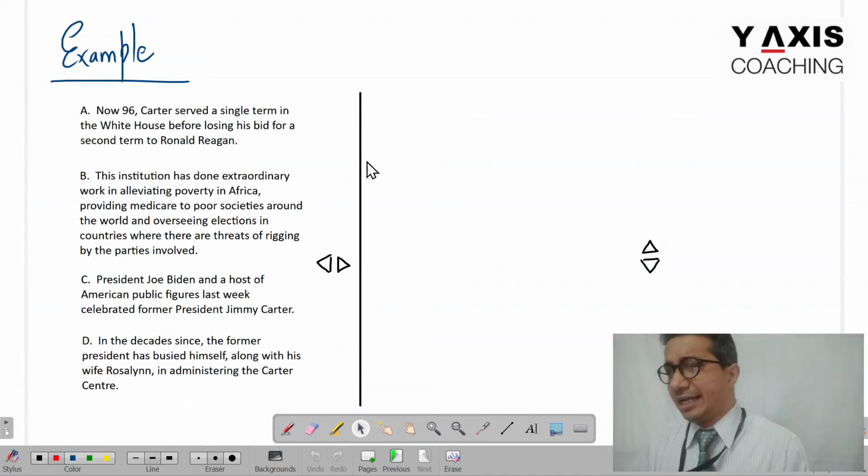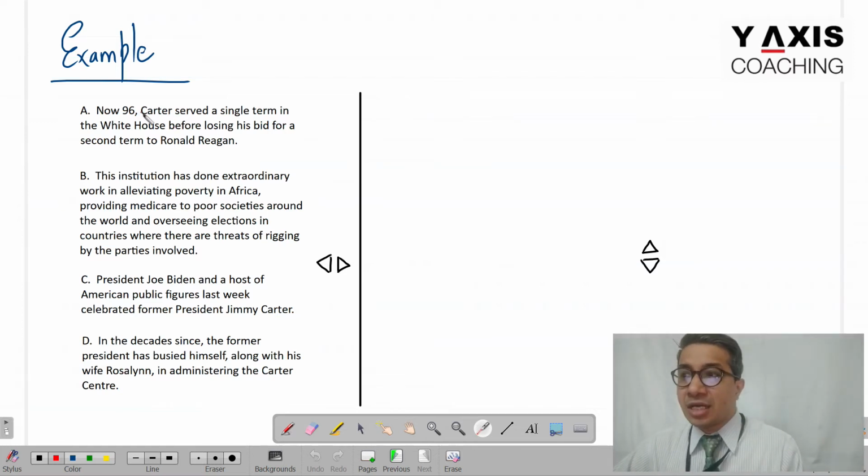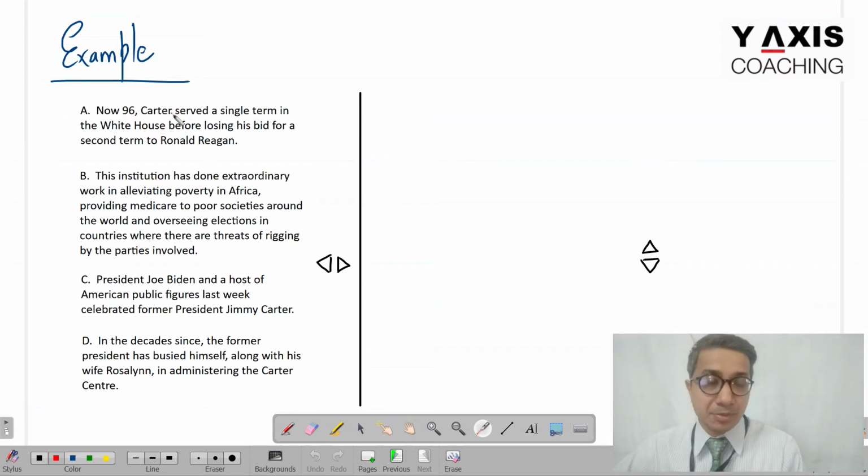Okay, so let's try. Which of the 4 do you think are the independent sentences here? A is a good candidate, but I'm not sure because it is directly giving a short name of a person, and PTE Academic will always give you formal, academic language. In academic language you never start with the short name of that person, you always start with the full name of a person.